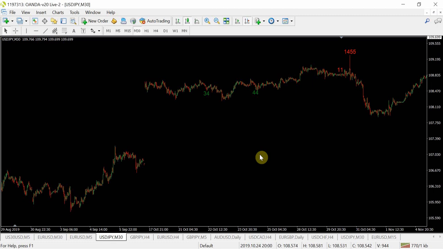One thing generally is price, chart patterns, indicators, whatever you use, are more reliable the higher time frames you go. Yes, they appear on all time frames, but generally the higher the time frame, the more reliable the signal. I thought I'll use this one. I didn't want to go too far back to 2017 and show you a very classic one. I'll try to look for something more relevant to today's market conditions. So this is a 30-minute chart on the USD JPY